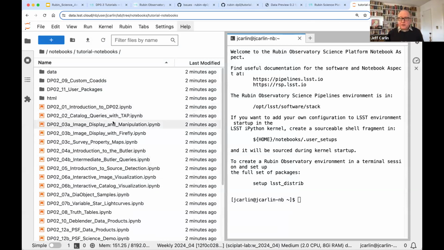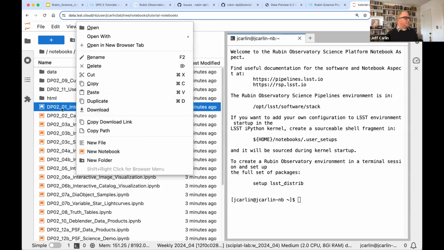One thing I will remind you about the tutorial notebooks is because this is constantly updated, it is a read-only folder from the user perspective. So if you open one of these notebooks and execute it and make some changes, you won't be able to save those changes in this folder. So it's suggested that you move the file to a different folder if you want to be able to save any changes that you make.